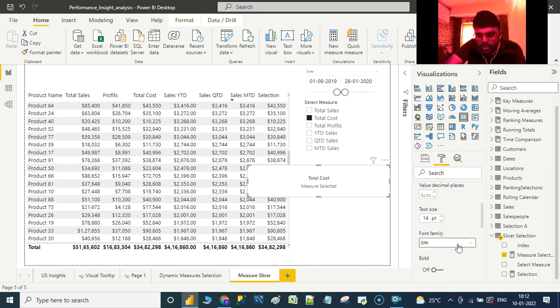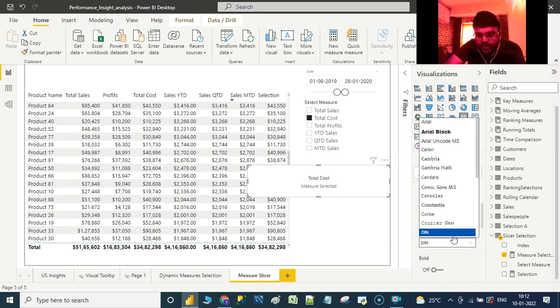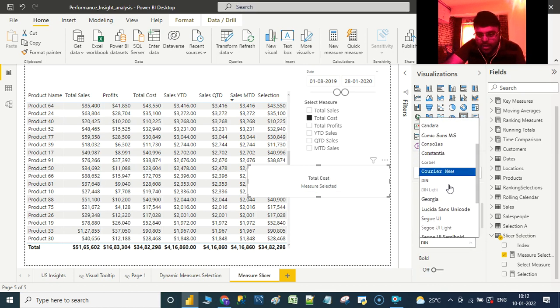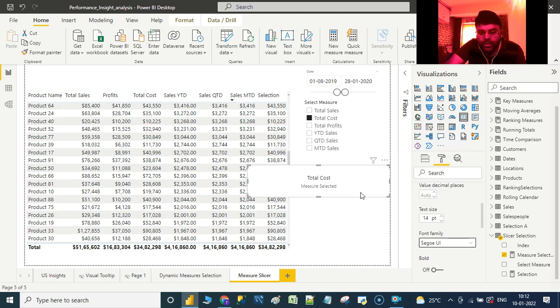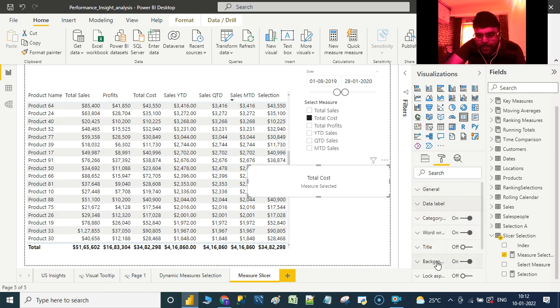Let us make the text size 14 and select the font family as Segoe UI, and let us also remove measure selected from this. That's the category.